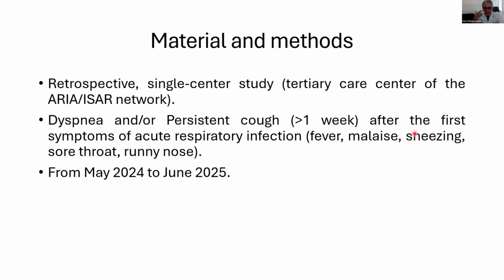We conducted this study retrospectively in our center. We selected patients with dyspnea or persistent cough for more than 1 week, following symptoms of acute respiratory infection, which include fever, malaise, sneezing, sore throat, and runny nose, from May 2024 to